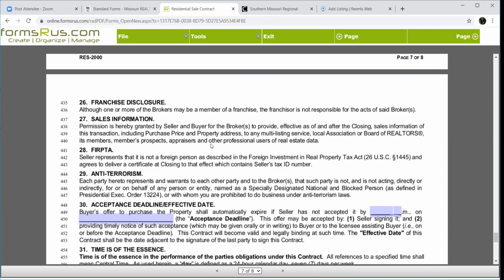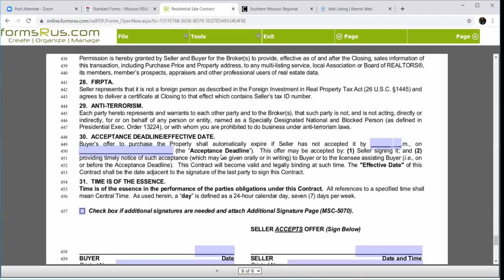We are going to make sure that we are abiding by the Foreign Investment Real Property Tax Act. So if you are a foreign person, we cannot sell that to you, but title companies should catch that, and they should know if they are or not. Don't sell to terrorists. Just try to avoid it. It's just not good, so just avoid that.